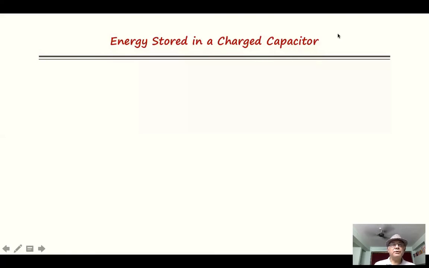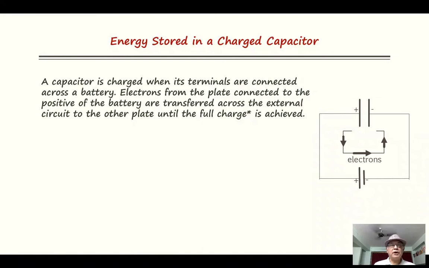Now, energy stored in a charged capacitor. A capacitor is charged when its terminals are connected across a battery. Electrons from the plate connected to the positive of the battery are transferred across the external circuit to the other plate until the full charge is achieved. Now, what is full charge? For an applied potential difference of phi, the full charge is Q equal to C phi, where C is the